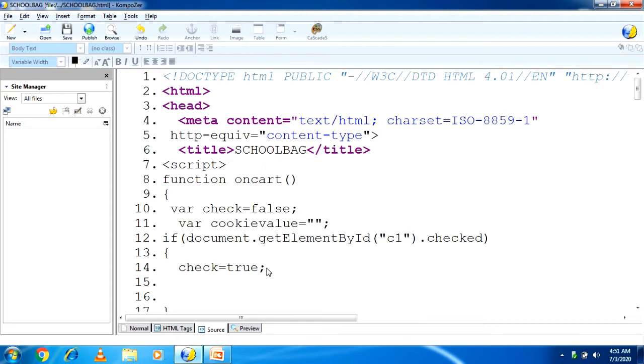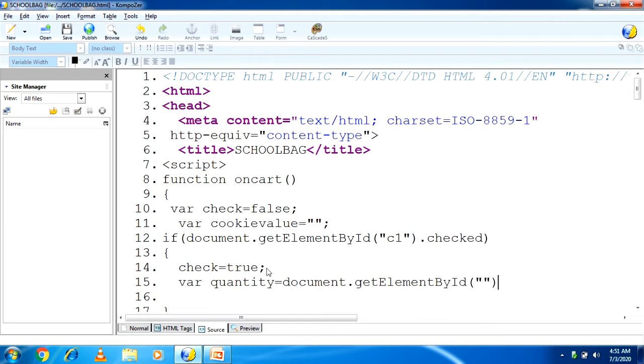Then variable quantity is equal to document, it means my web page, dot getElementById.